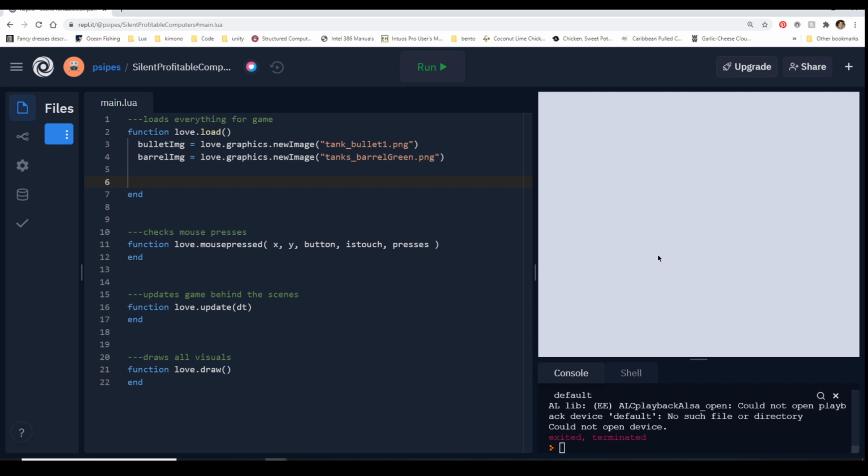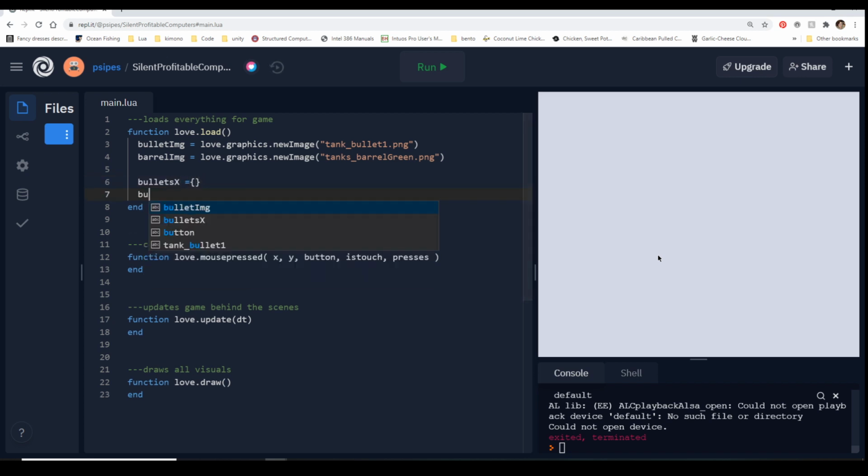You could do this in one table, or in a few different variable ways. The way I like to do it, because I think it makes sense and is easy to understand, is to make two tables for each thing. So bullets X, which is an empty table right now, and bullets Y, which is also an empty table. All this does is hold the X values of our bullets and the Y values of the bullets.